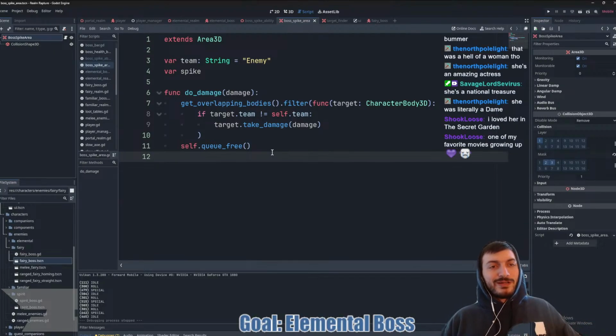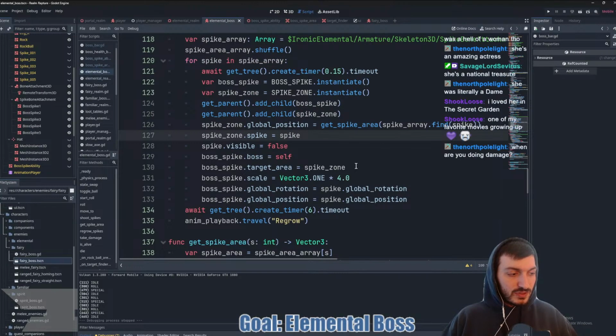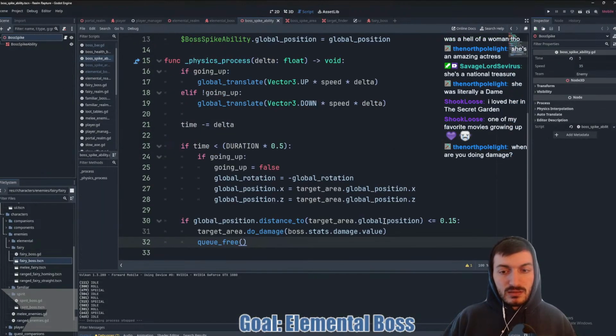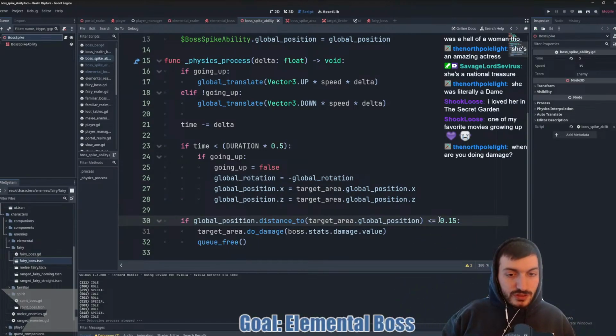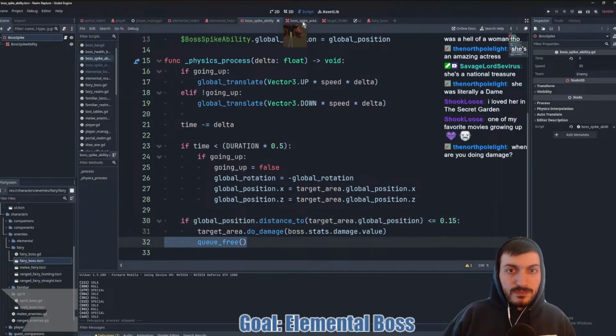But the thing that gets me is it works for like the first time or the first couple times when you're doing damage, when the distance to the spike, and then the distance to the target area is less than or equal to 0.15. So basically when the spike hits the area, then it tells the area, hey, you need to do some damage, and the spike queue frees itself.